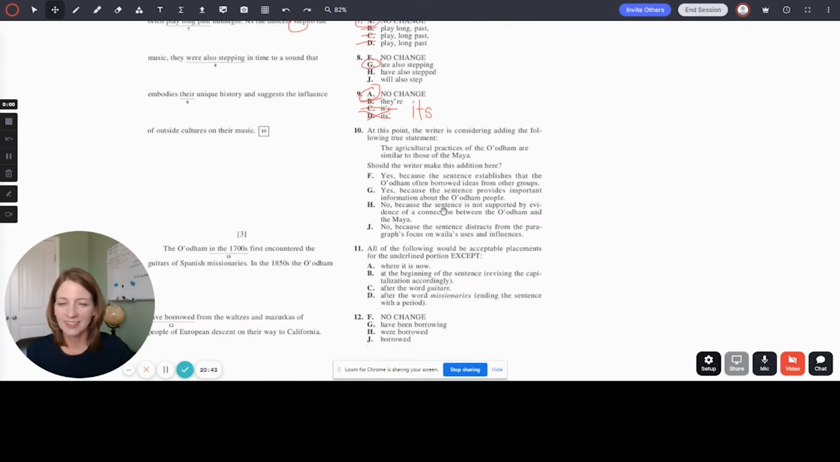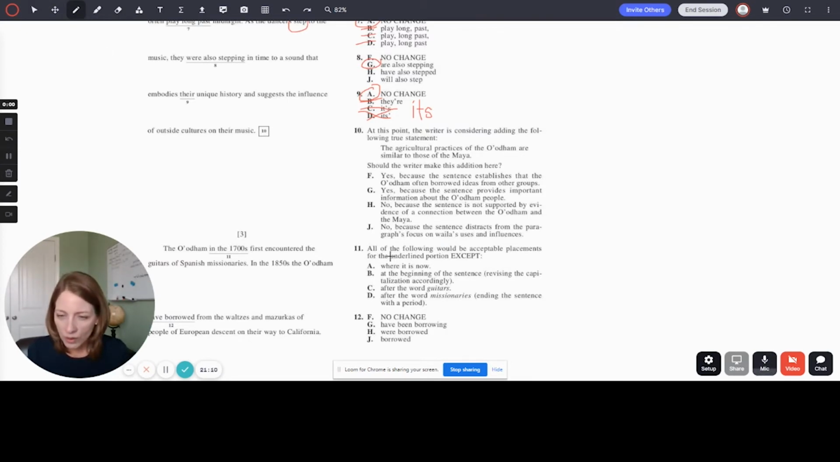Number 10. At this point, the writer is considering the following true statement: The agricultural practices of the Ode are similar to those of the Maya. Should the writer make this addition? So my first instinct is no,